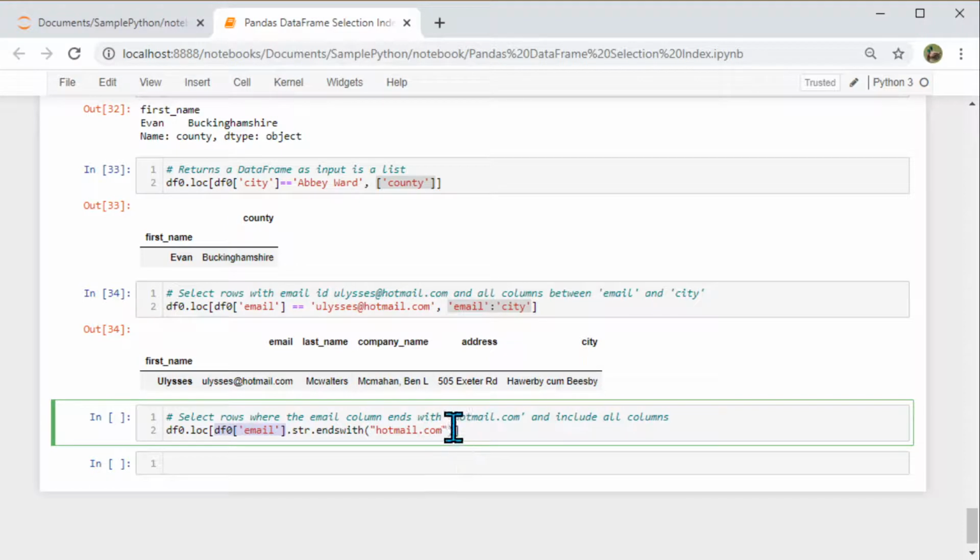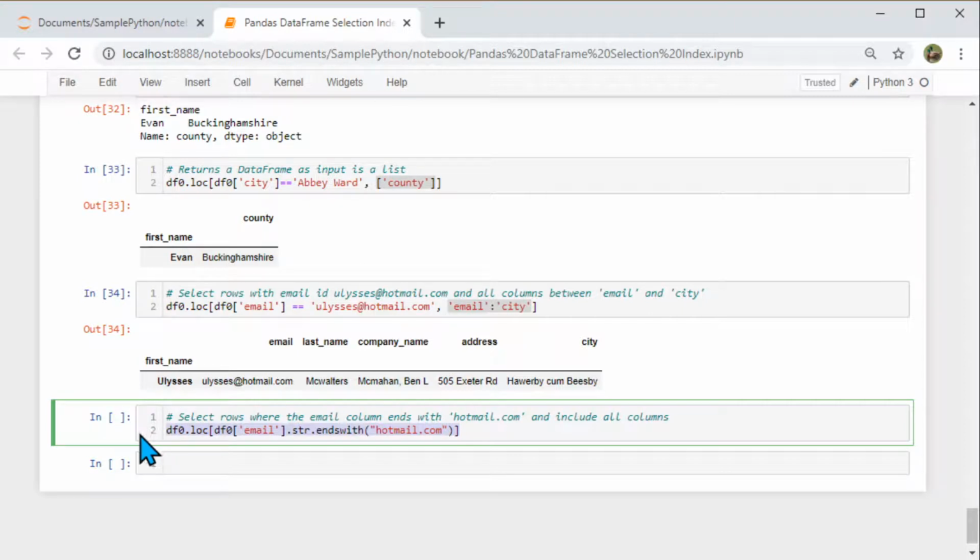If you say something like this, it's going to find true and false for which records do end with hotmail. It's going to identify them as true, and the one which ends with gmail or something else, it's going to identify as false. And then once again we call with loc.